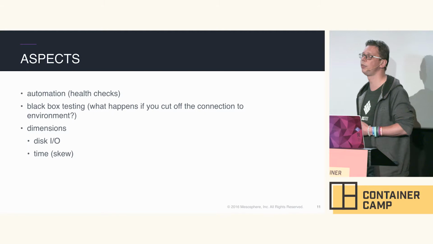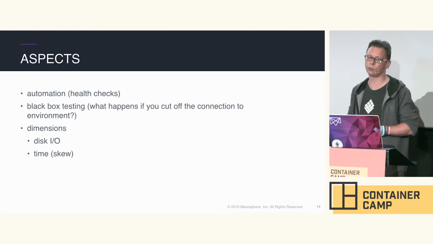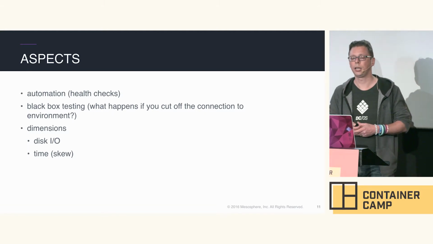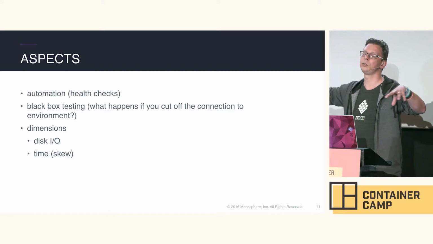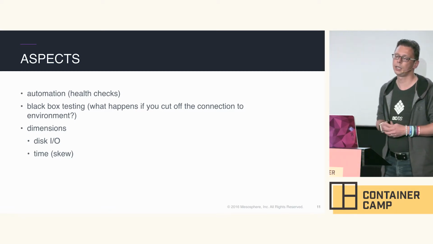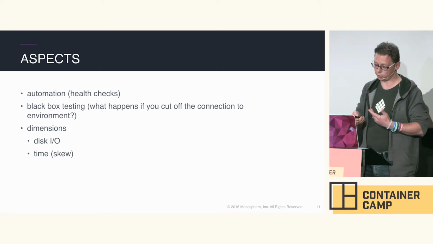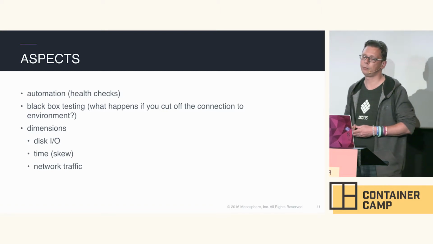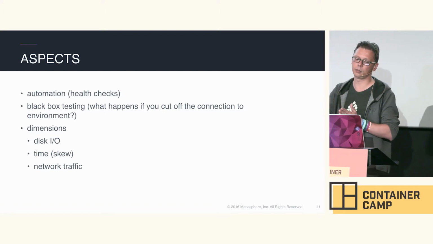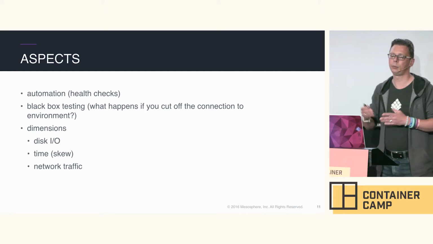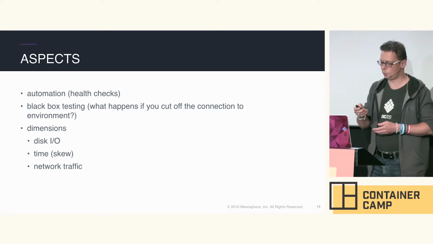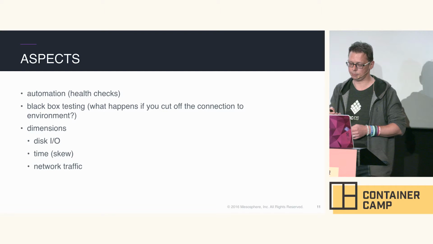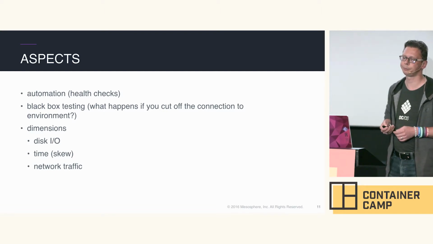Time skew, that's one of the things that sometimes is kind of overlooked, but especially with stateful services, very troublesome. And that is that potentially on each of the different nodes or workers, the time is slightly different, and over time actually gets worse. The network traffic, already mentioned that. You can simulate between single containers or one-on-one, or between entire groups of containers, what happens if the network either decreases or entirely, for a certain period of time, stops working.